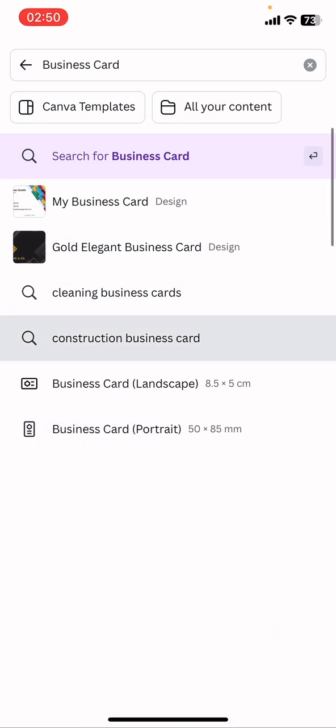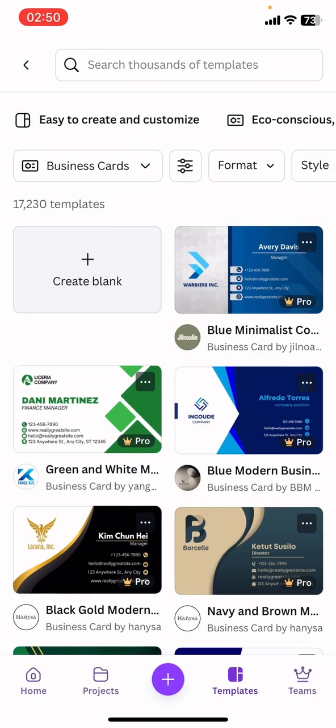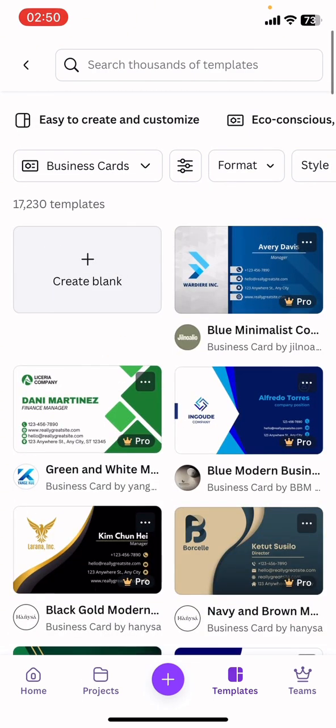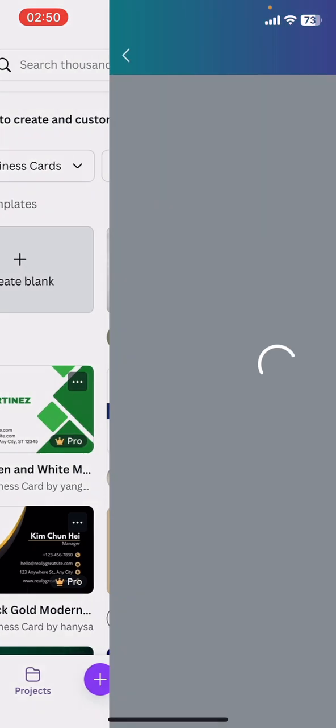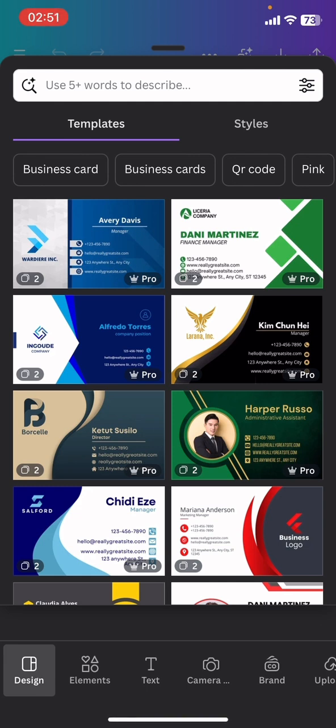Then I want you to click on business card landscape. As you can see, most of the templates that we have here are pro. So what I want you to do is click on create blank, because right now we want to design our card right from scratch. We don't want to use a template this time around, because